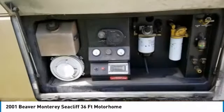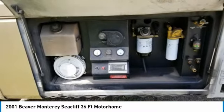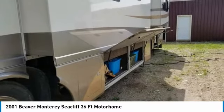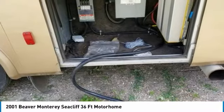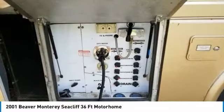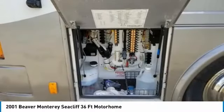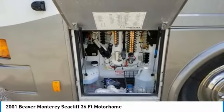This 2001 Beaver Monterey Seacliff Luxury is ready to become your next home away from home. This luxury unit has been outfitted with exceptional amenities to ensure that you experience top-quality residential living right on the campsite. Highlights of these features include Corian countertops, alder cabinets, ceramic floors, 3-burner cooktop, microwave, convection oven, refrigerator / freezer / ice maker, double kitchen sink, dinette with chair seating, two televisions throughout, VCR / DVD / CD / stereo surround sound, satellite system with auto seek,